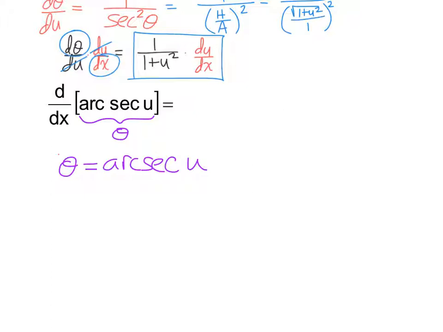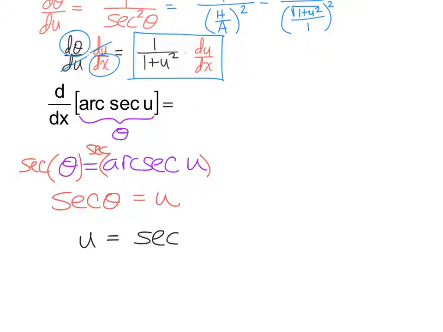So if we take the secant of both sides, we'll get something that we can find the derivative of, and that would be secant of theta is equal to u. All right, we're going to write that as u equals the secant of theta, so I could take the derivative. All right, so du d theta,